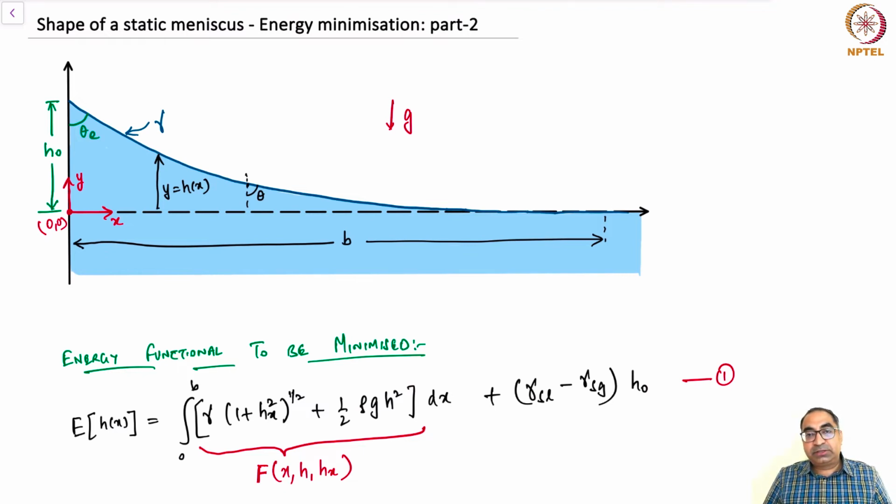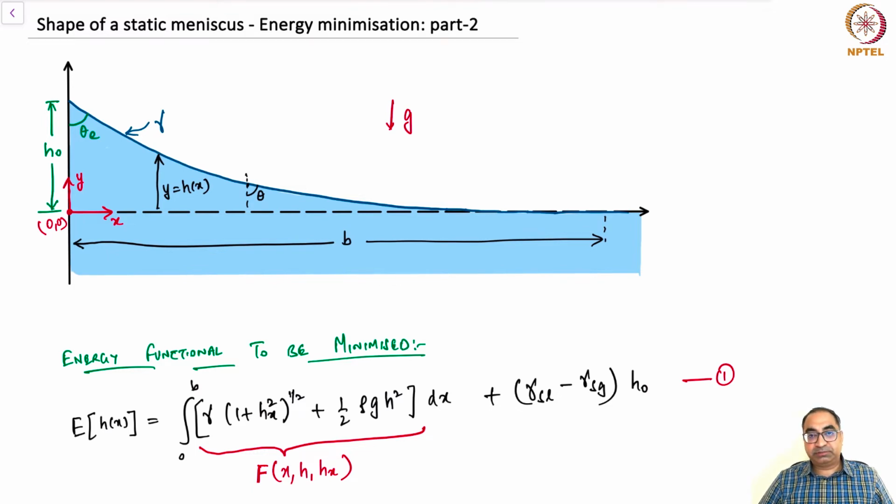And the integrand is shown by another function, which is capital F, which is in itself a function of h and its derivative hx. And we also have the changes to the surface energy of the solid when the meniscus rises to a height of h0. We had already obtained the shape of the meniscus by using a force balance approach. What we want to do in this lecture is to derive the governing equation for the shape of the meniscus